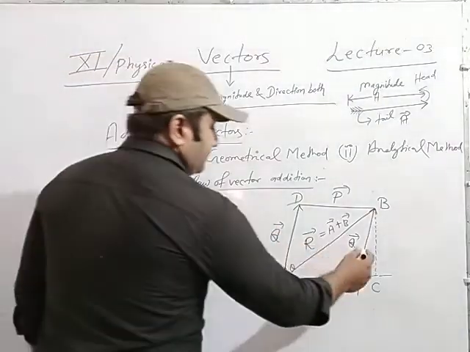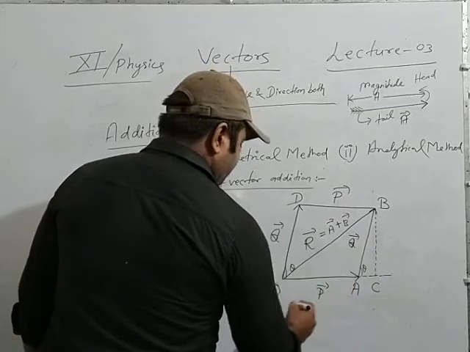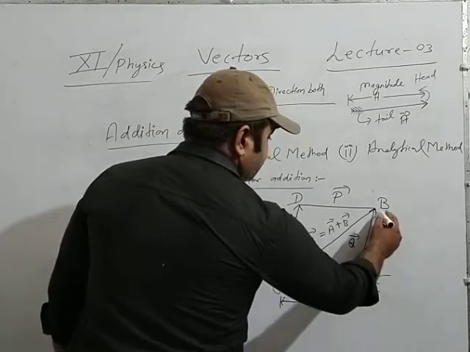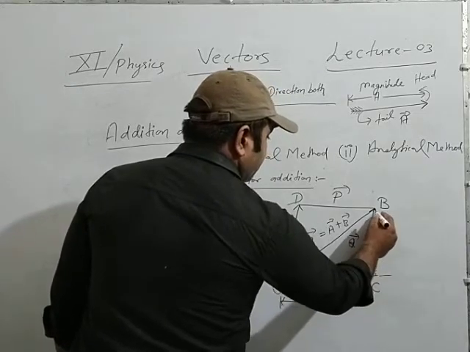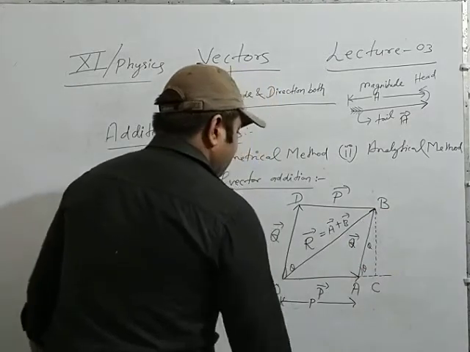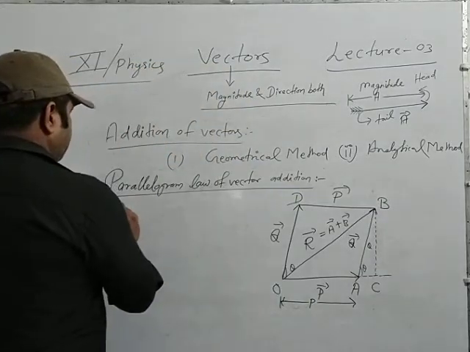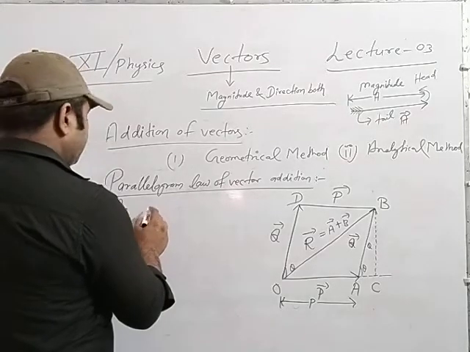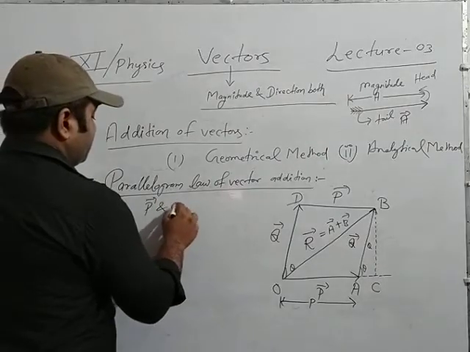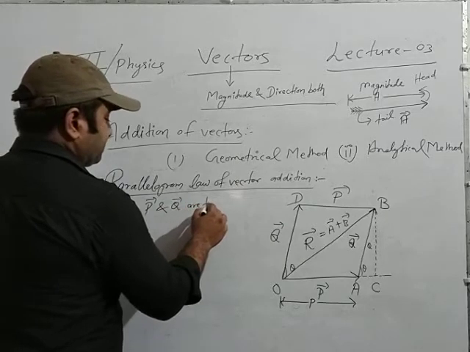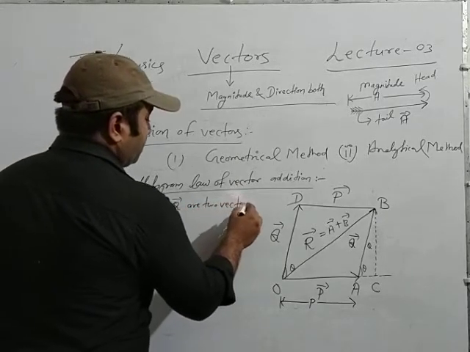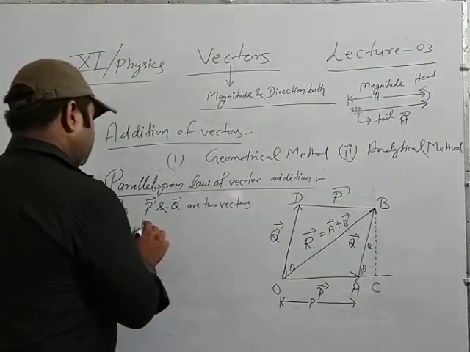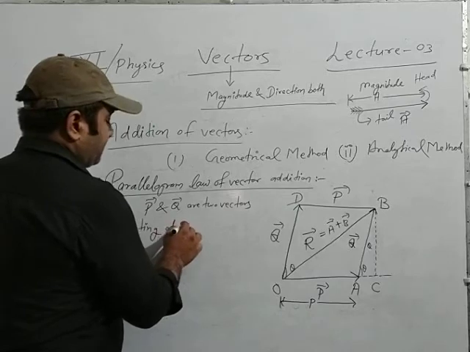Here, this is what? Vector Q magnitude, and here P. The length of this one will be P, and the length of this one will be Q, from this point to this point, A to C. As P and Q are two vectors acting at an angle theta,